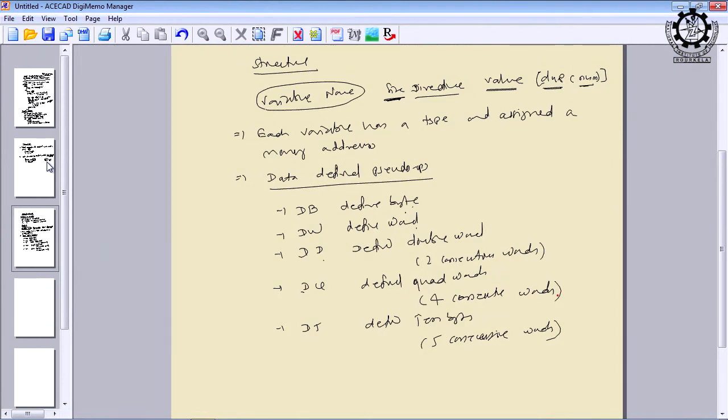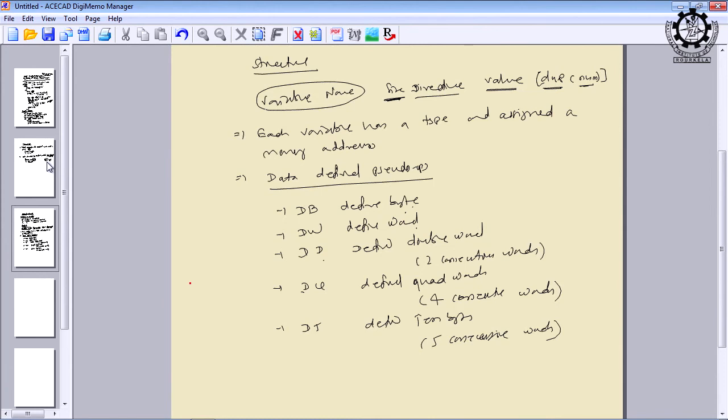That means 4 consecutive words, 4 into 2, one word being 2 bytes, that is 8 bytes. So, the moment you write a DQ assembler directive, 8 bytes will be reserved. Whether you use them or not, 8 locations will be reserved for that particular variable, and the variable must be declared on the left side.